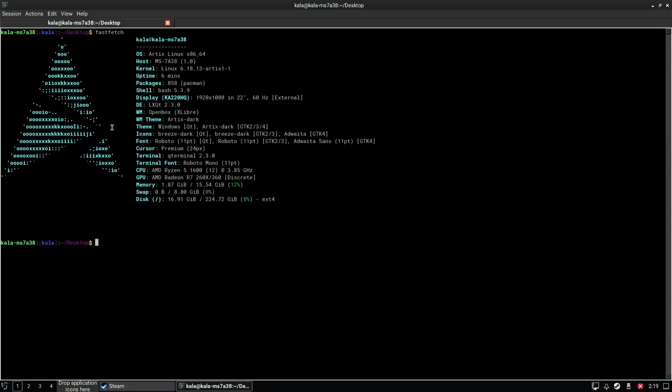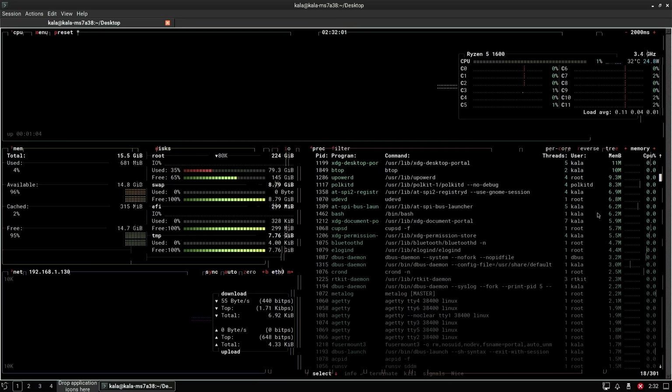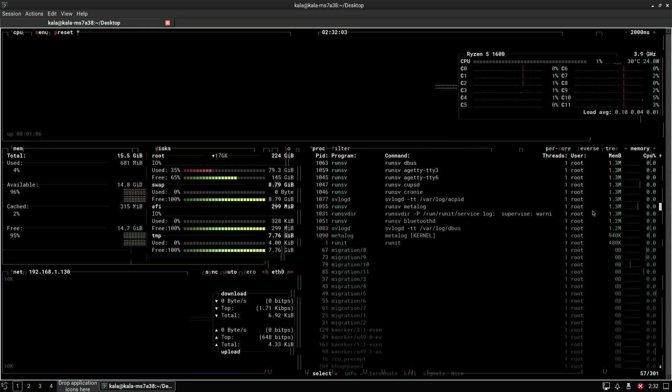So that was Bazzite. Now I want to move on to something properly light, that being Artix, based on Arch. Here is the version, GPU driver and overclock that is identical to what we ran on Bazzite. The idle RAM consumption is under 700 MB, which is stellar, and it's time to move on to the low